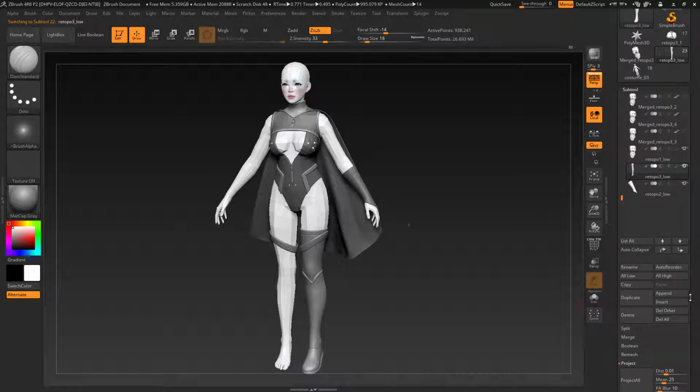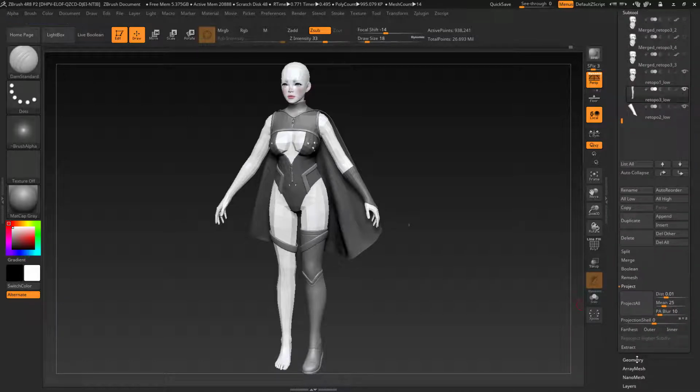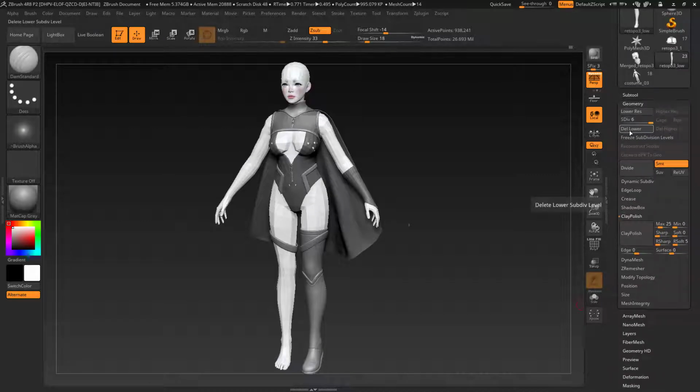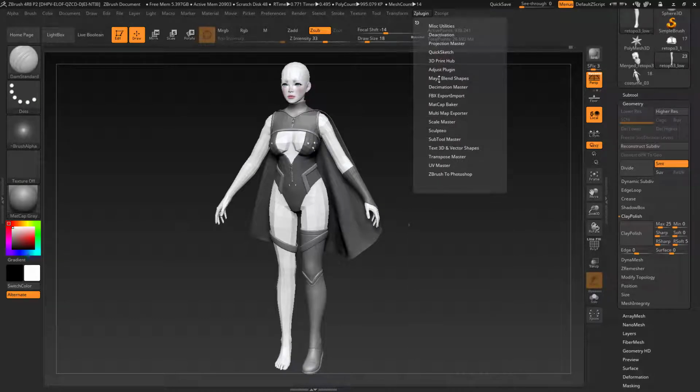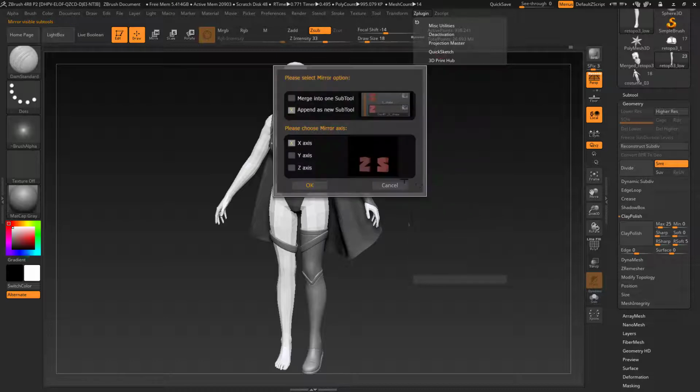Okay, so now what I'm going to do, I'm going to clone this object. The reason why I went to the highest subdivision mesh and deleted the lowest subdivision mesh,